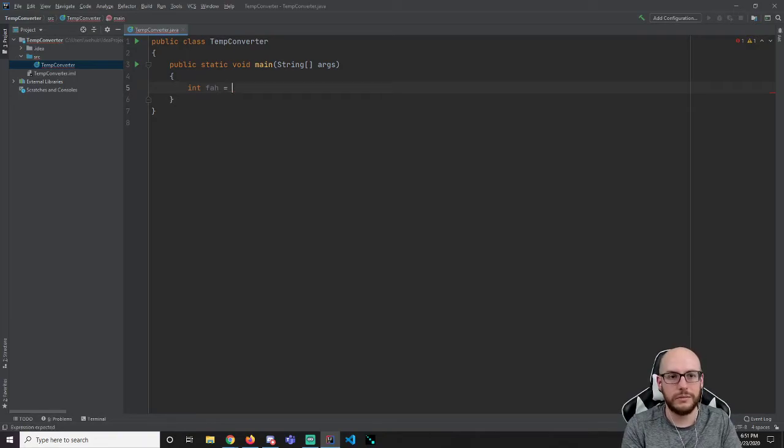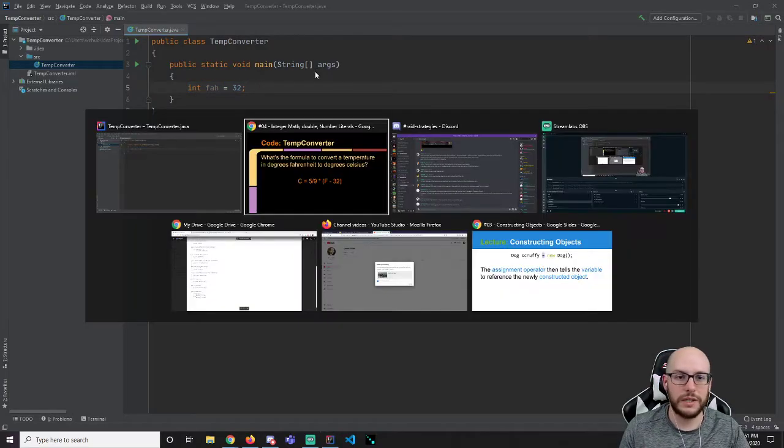And let's go with something that we know. When we go to test our program, we're going to want temperatures that we know. So let's roll with 32. Okay, so I have declared a variable, an integer called FAH, and that is equal to 32. I'm not only declaring a variable, I'm assigning it, initializing it, giving it a value using our assignment operator. Sweet. So I have this variable,